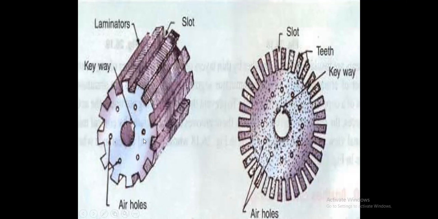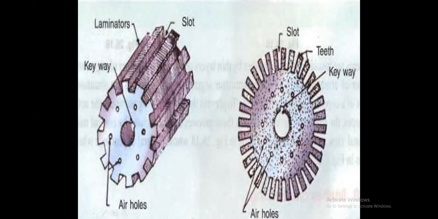That's the reason, in rotation, air passes through these holes, and because of the crossover air, the whole armature can be cooled down. These are the holes for that purpose. The keyway you can see is placed to hold the shaft so that the shaft cannot move. That's the reason the shaft is placed in this key, and the whole mechanism is placed as the armature including the shaft. These are the laminated sheets by which the armature slots and poles are made.